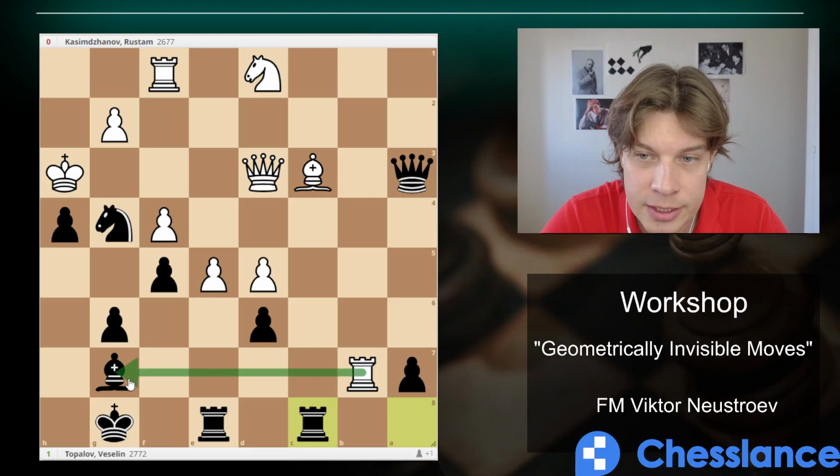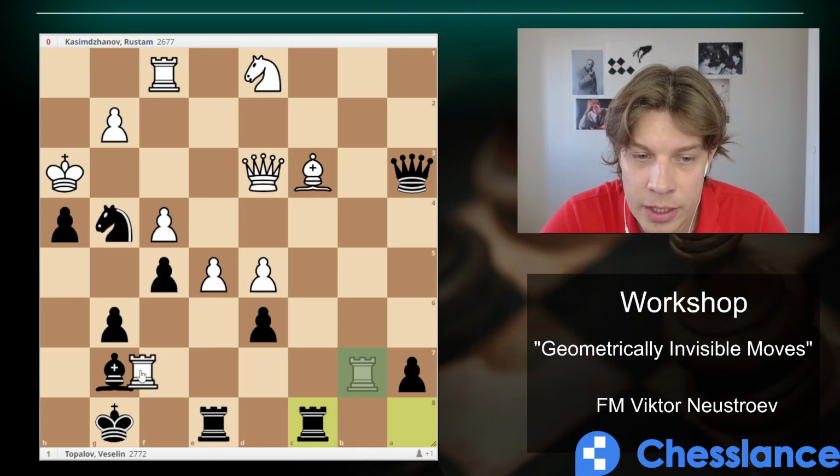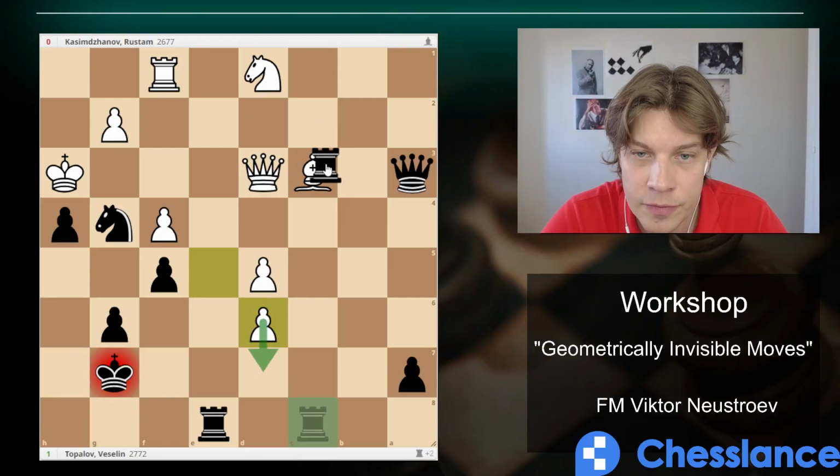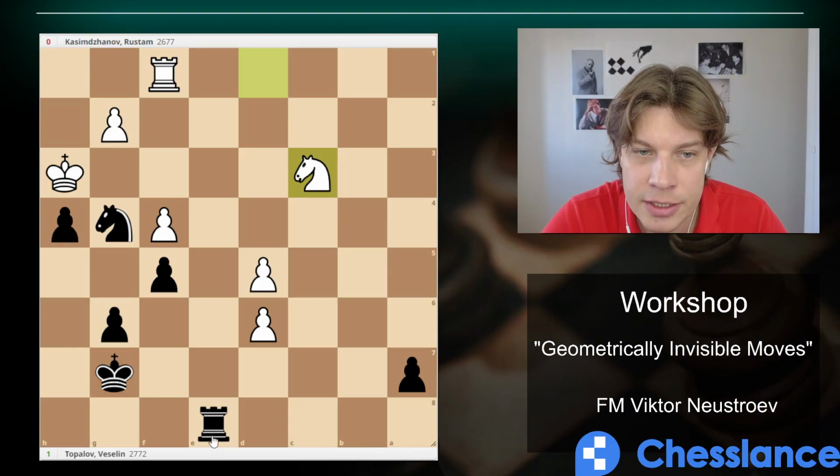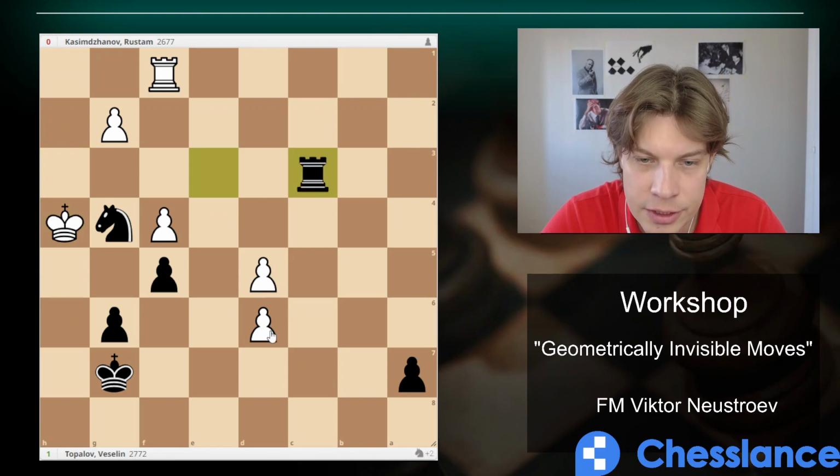White also has this idea. Well, it doesn't work immediately, but such an idea exists. So why doesn't it work immediately? So like that, this, threatening with a fork because of this. But then queen takes, knight takes, and rook e3. This, yeah, rook e3 check, king goes to h4, this, and d7